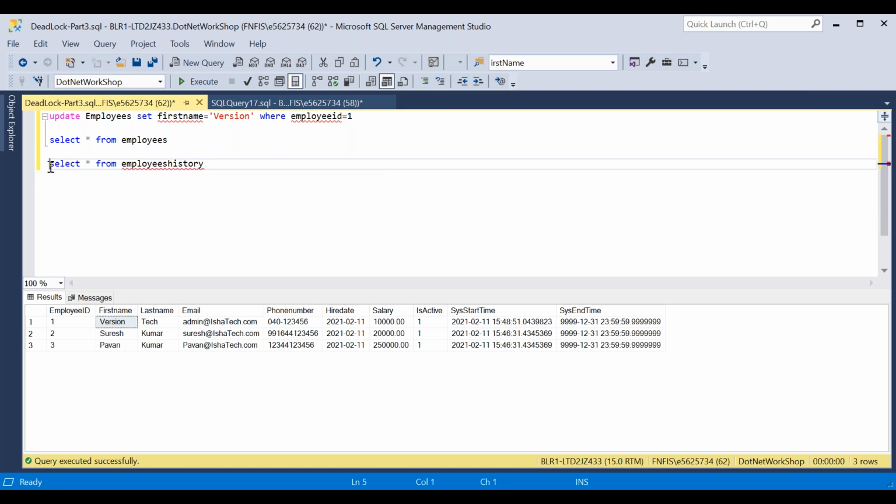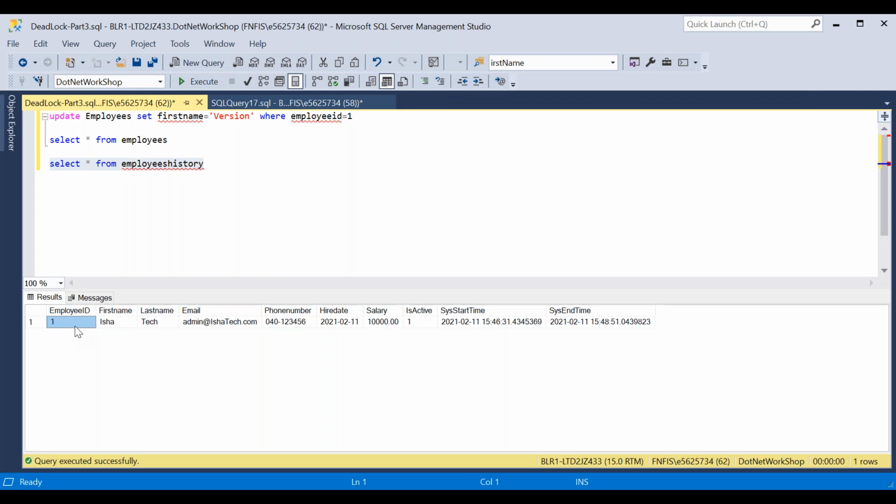Now let's check this. See, for the particular employee, the old name is Isha, and all other remaining information will be captured from the table, whether it is modified or not. So I have the earlier record, the previous record when it was inserted, which is Isha. Now that is updated to version.